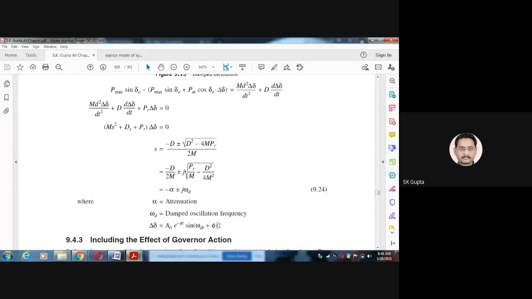Is there clear or not this equation? Yes please मितेश, यस सर। क्लियर है या नहीं है? यस सर।